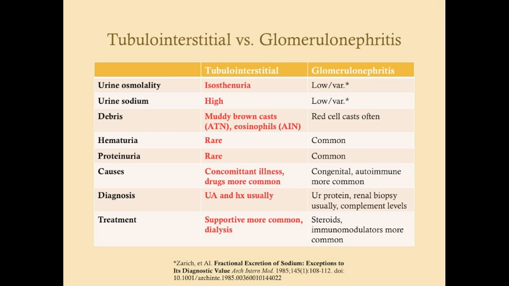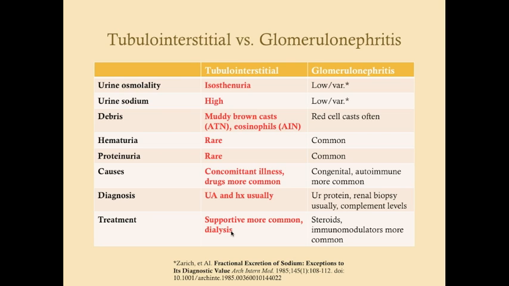For diagnosis of the tubulointerstitial diseases, we rely primarily on urinalysis and history, and the treatment is going to be supportive. In severe cases, we may go on to provide dialysis, generally if the patient starts to show signs of